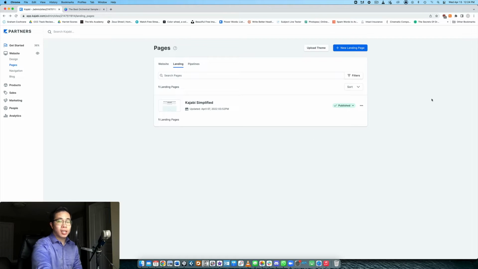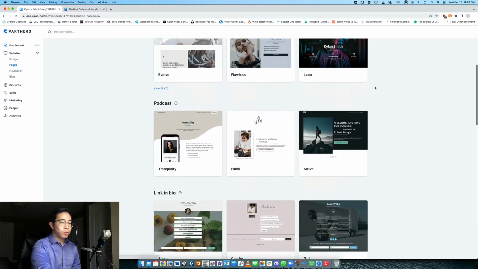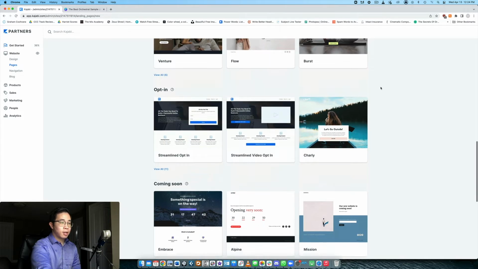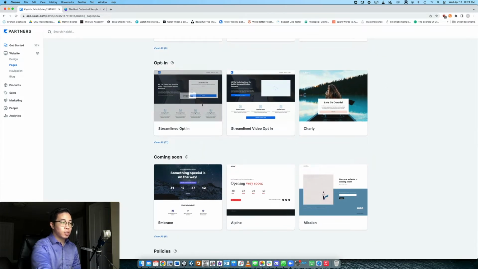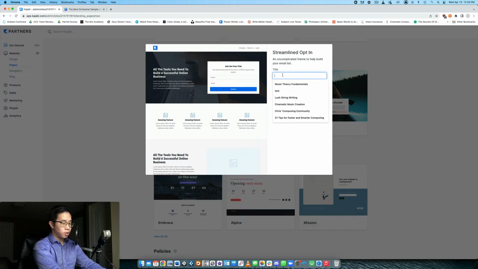Now, what we want to do is connect that inside of Kajabi and set up our opt-in page for them to give us their email address and for us to send them the guide. So what we want to do is make sure in Kajabi we're under the website section, we go to pages, and then we click on new landing page. And then you can scroll down to whichever one you want, but we're doing opt-in pages, so let's just click this one, streamlined opt-in, right? Get started, we'll call this